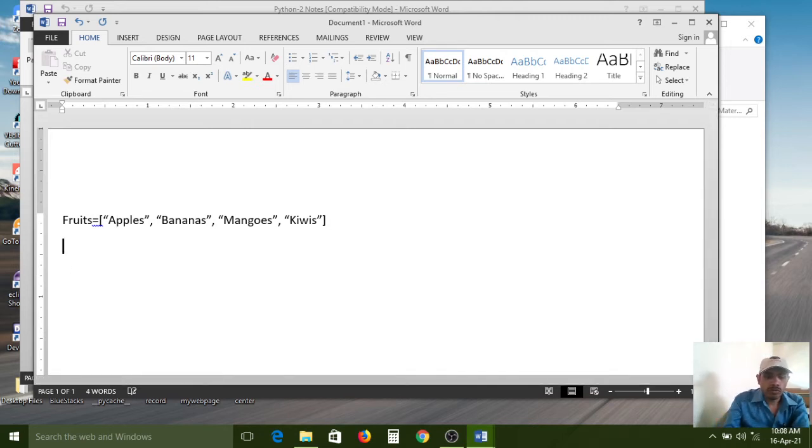Now I want to access all elements. How can you access them? If you want to print all elements, use the print function. This is a predefined function, and you simply pass the fruits list variable name and press the enter key.